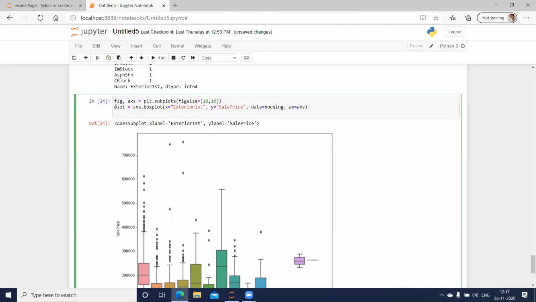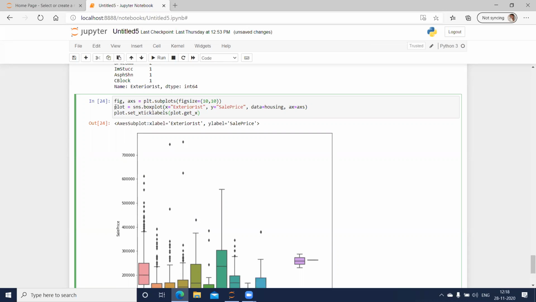Okay, and now we will set the tick labels. So plot dot set_x tick labels, into bracket plot. This time I'll be using get